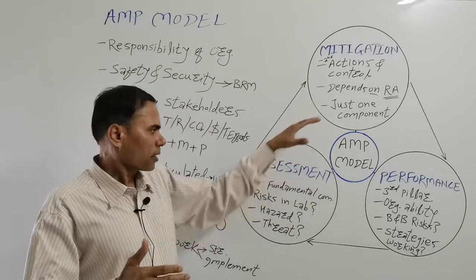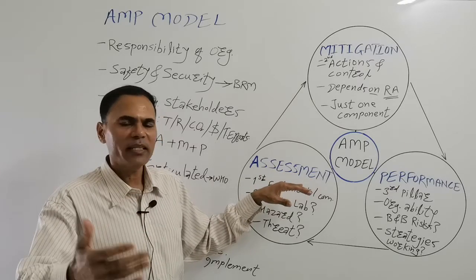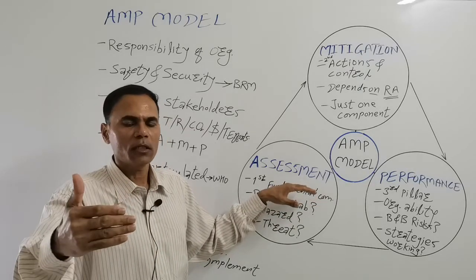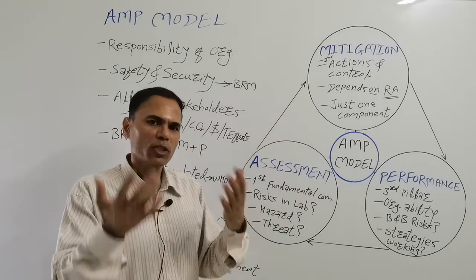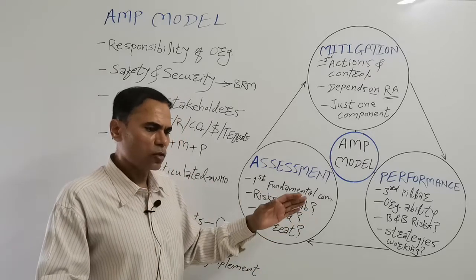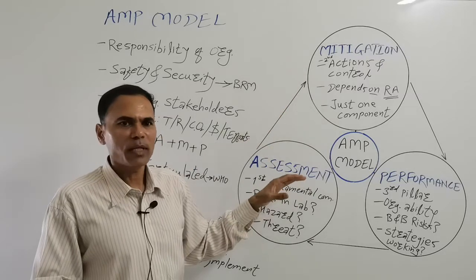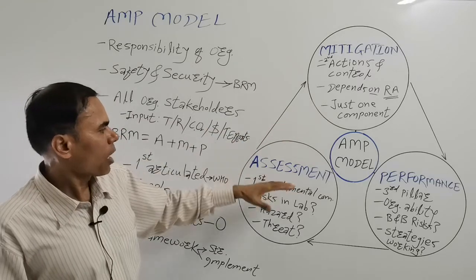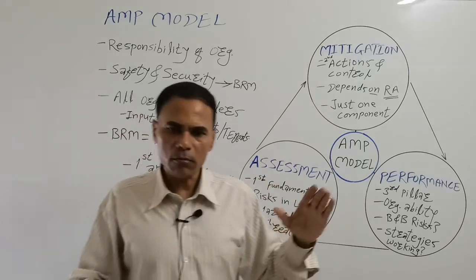Keep in mind, when you should do risk assessment, it could be annually or six monthly or quarterly. It will depend on the situation in that organization. For new projects funded by different funding agencies, when the new project comes, the Institutional Biosafety Committee can do the risk assessment before the work starts. Okay, so this is all about the AMP model, assessment, mitigation and performance.